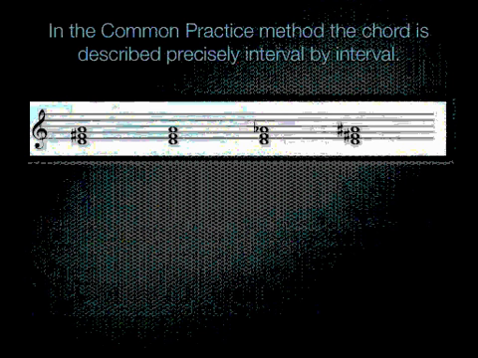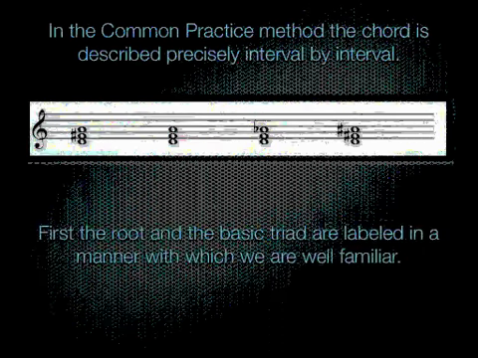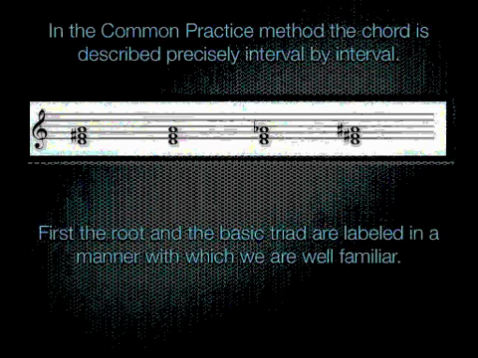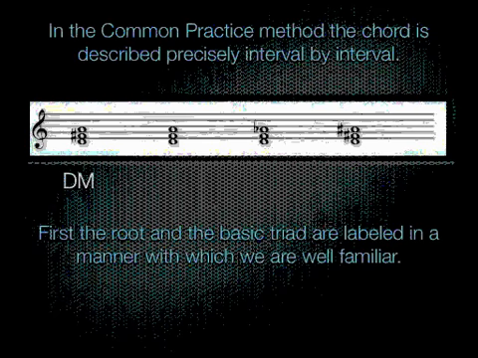In the common practice method, the chord is described first by naming its basic triad. And so we start with the 4 basic triad types: major, minor, diminished, and augmented. And then we simply describe each interval that isn't in the triad by its interval type and size. So for example, in this chord here,